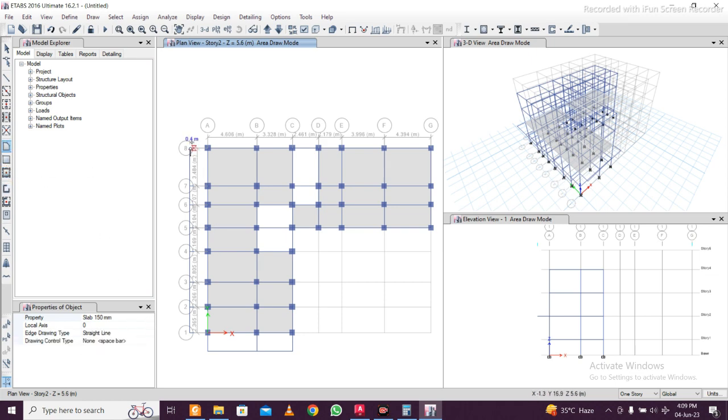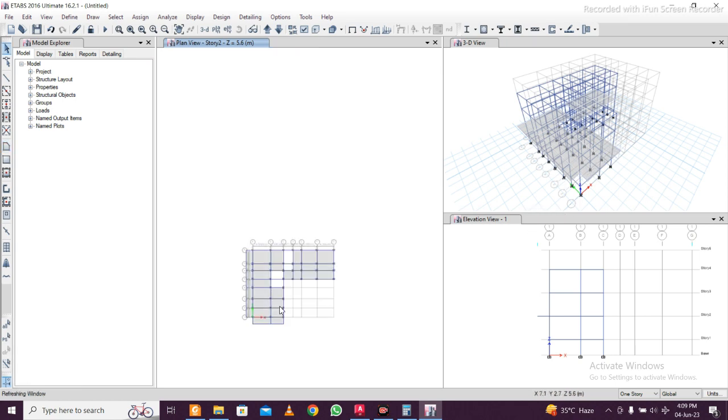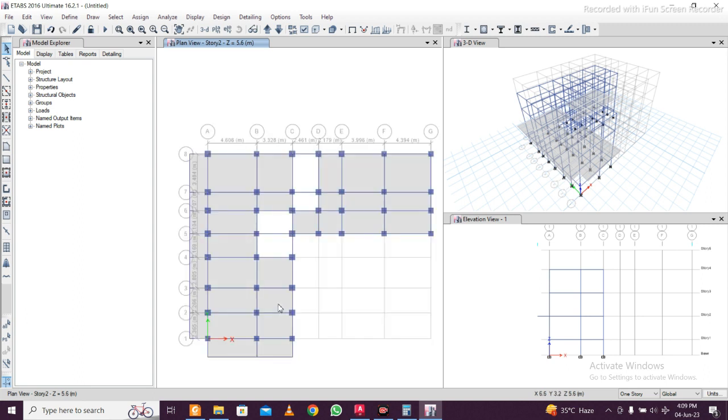Slab 150 mm selected, one first point, second point, third point, fourth point, and fifth point. Similarly, 1, 2, 3, 4, 5. Done. Click on escape, and then you can see here in the